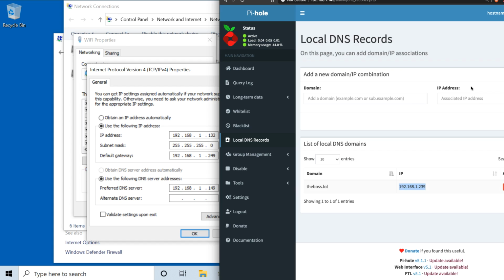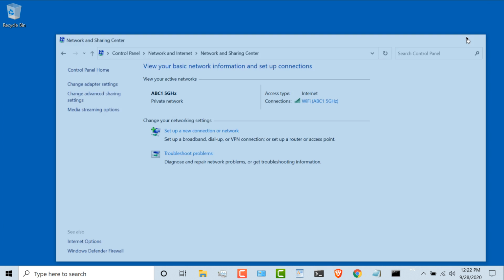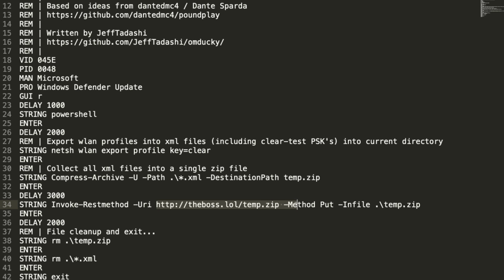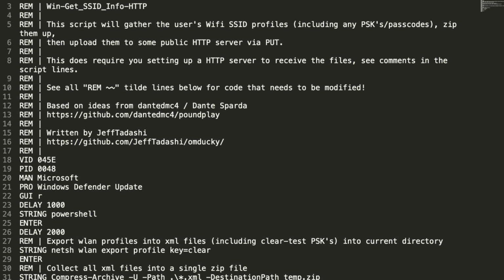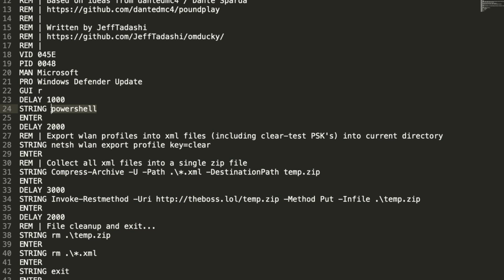I've just done that so that people don't try and copy what I've done here. So this device is going to send the Wi-Fi information to the Kali Linux server and put that in a temp file. Now, this script I got from GitHub. It's a Rubber Ducky script. It's basically going to run PowerShell, and it's got some delays here, and then it's going to use PowerShell to